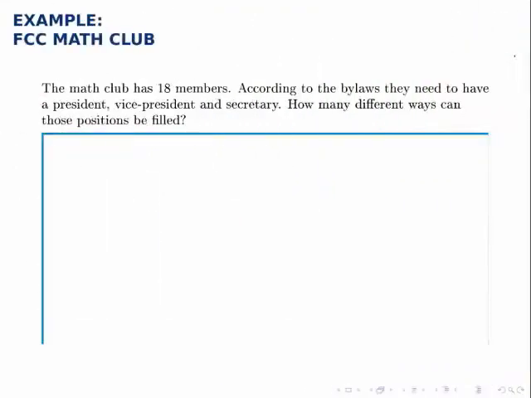The math club has 18 members. According to the bylaws, they need to have a president, a vice president, and a secretary. And we want to know how many different ways can these positions be filled. So again, we have 3 positions to fill, the president, the vice president, and the secretary, and there are 18